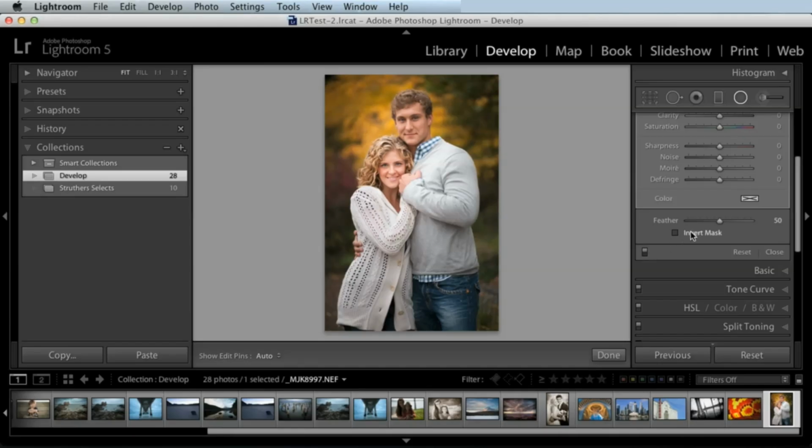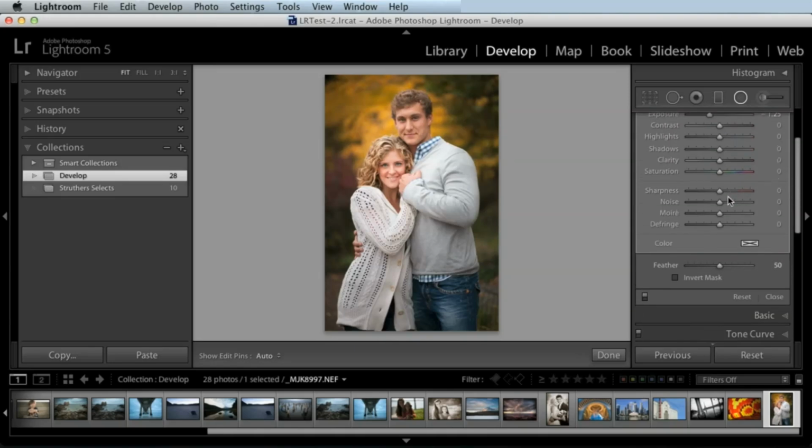All right. The other thing you can do here, you can hit invert mask, and it inverts it. So now it's doing the darkening in the middle. And you just click that. You can control the feather inside of there. So see, as I get to the left, it's going to be a harsh transition. As I get to the right, it's going to be a very soft transition. I kind of like 50%. 50% seems to be a good place for me,